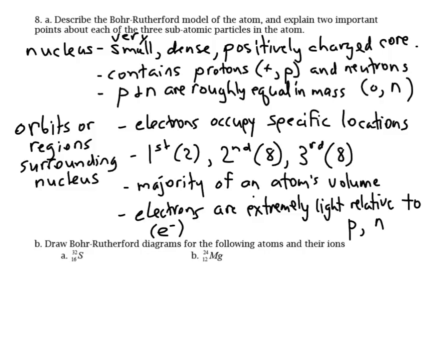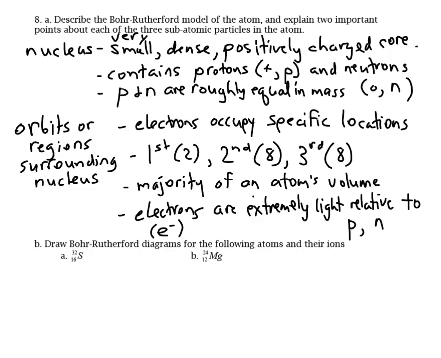It's a positively charged core. It contains the protons and the neutrons, which are your heavy particles. They're approximately equal in mass, and we give them symbols P and N, and the protons are positively charged, the neutrons have no charge. The other part of the model is that the electrons occupy the rest of the volume of the atom, which is the majority of an atom's volume. They occupy specific locations. In the Bohr-Rutherford model, they're fixed locations, and these are surrounding the nucleus in orbits or regions,